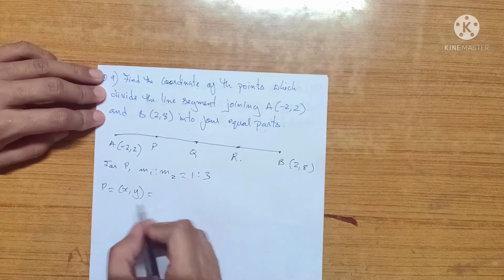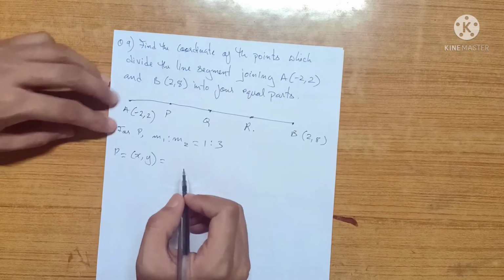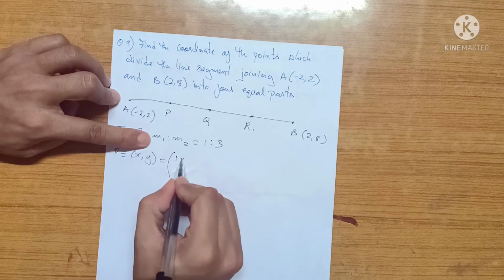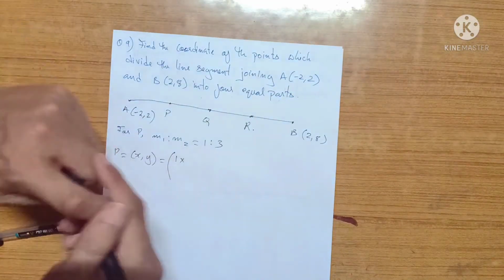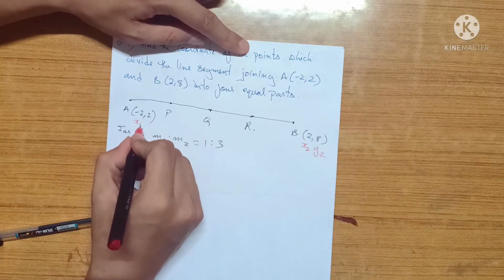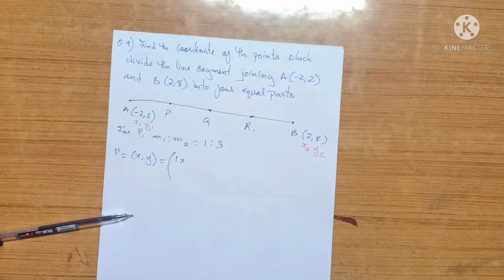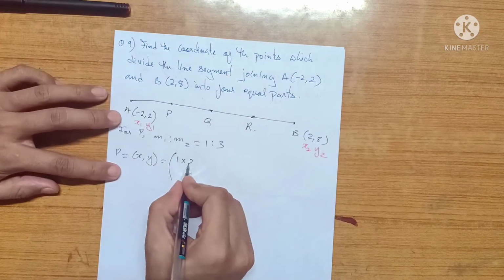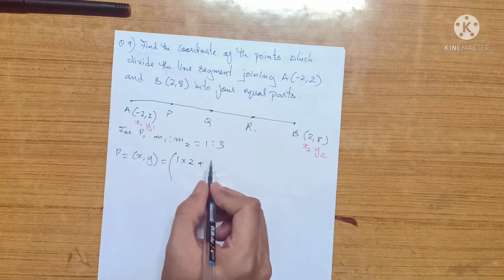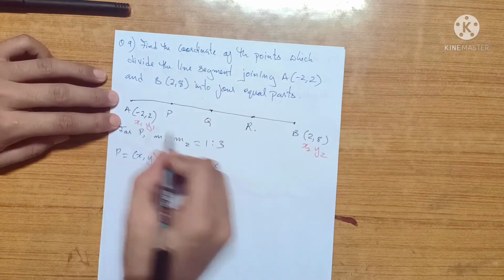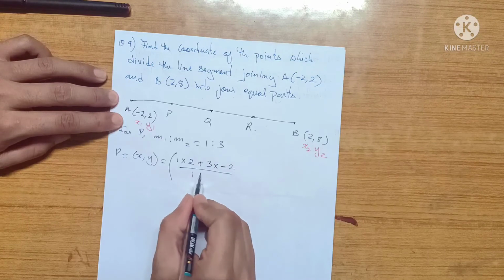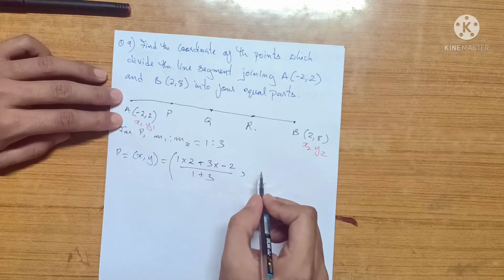I'll directly put the formula without writing it out, because I'm quite sure you're now getting used to it. m1, which is 1, into x2, which is 2, plus m2 is 3 into x1 is minus 2, by 1 plus 3, comma,